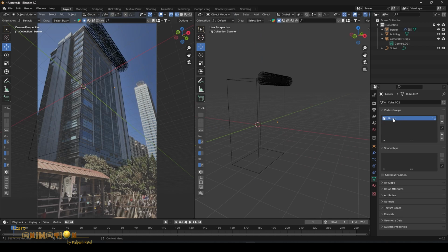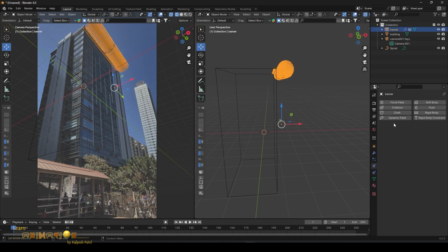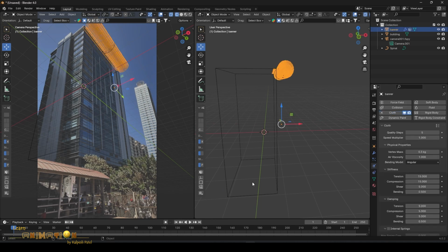So we have created this vertex group to just pin the banner. The top part of the banner will pin into the building. Now apply the cloth modifier and check it out.